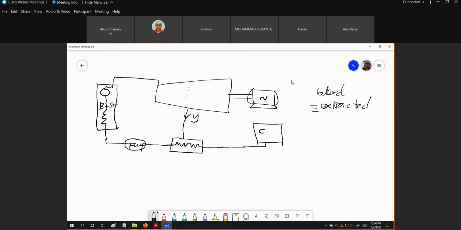This is our condenser. The outlet from the turbine goes into the condenser. It's going to condense, and then we are going to flow through this feed water heater. And if we look right here,